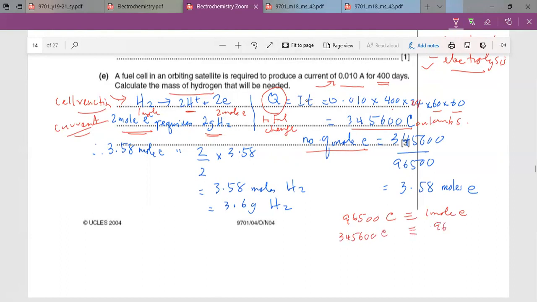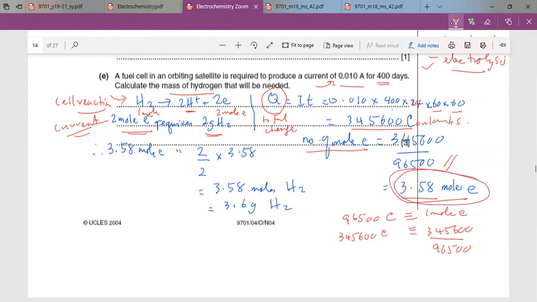This over this, times this: 3456000 divided by 96500, which is 3.58 moles of electrons. So for 3.58 moles of electrons that need to be produced,